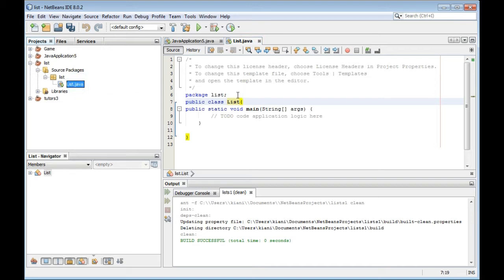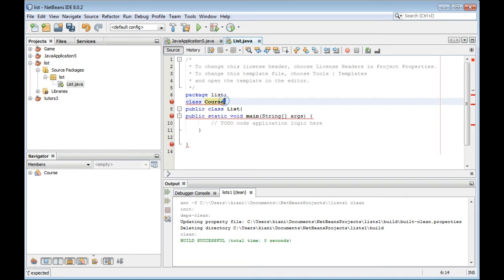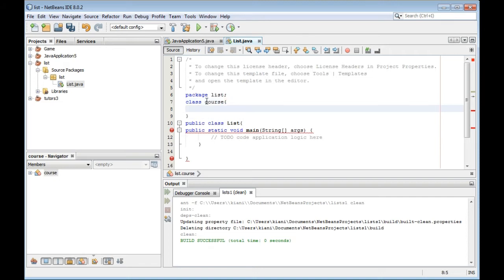We create a simple record. For the record we create Course, and its public data is courseTitle, and it is a string.